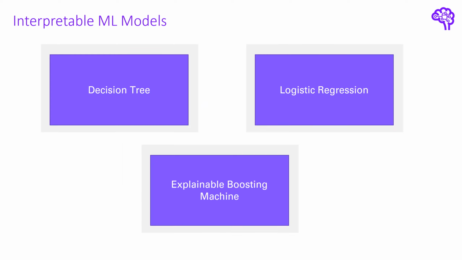More precisely, we will have a look at how to interpret these three algorithms. Decision tree and logistic regression should usually be familiar to you. If not, I will also quickly summarize how the models work. Additionally, we have the Explainable Boosting Machine, or EBM, which is a model developed by Microsoft Research. All of these models are sometimes also called glassbox models, as we can directly look into the model and understand what is going on. So before we get started, let me introduce the dataset we will use for this video